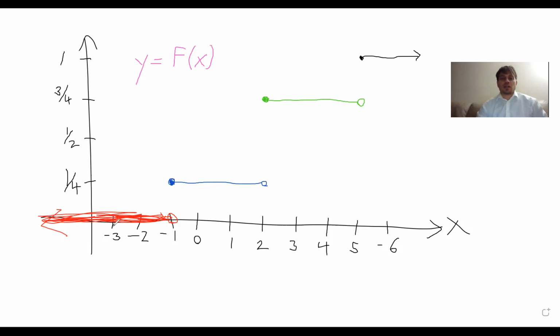It's a non-decreasing function, meaning that as you go to the right, either the value stays the same or it increases. It's a right continuous function. So the limit on the right exists, but the limit on the left may not exist. If you're approaching a point from the right, the point you're heading towards is part of the graph. The right-handed limit exists, but the left-handed limit doesn't have to exist.